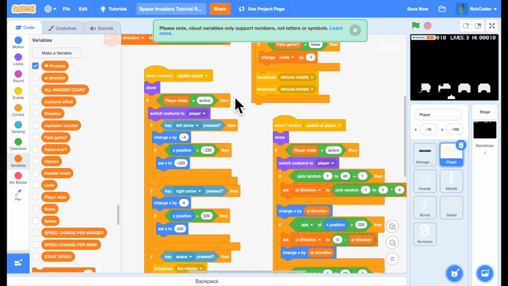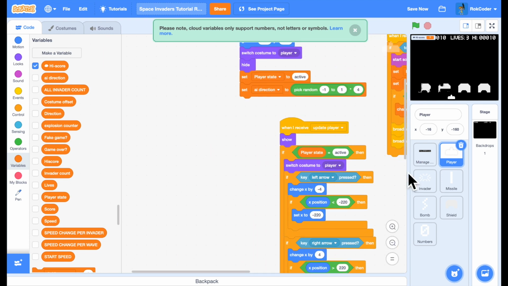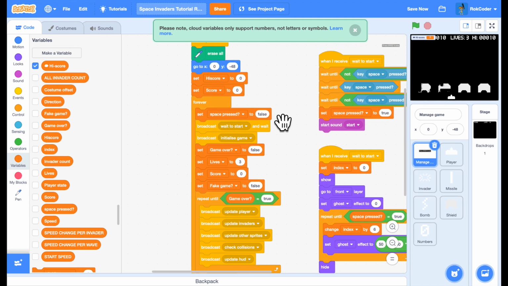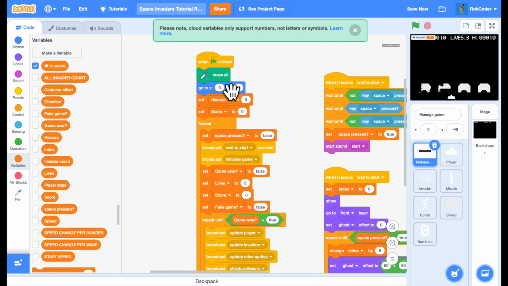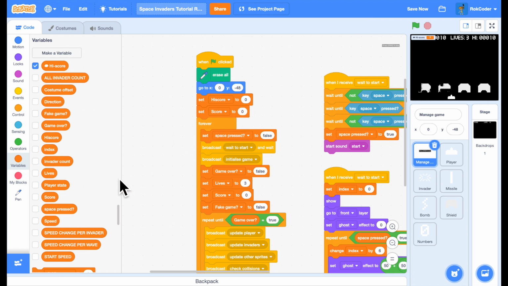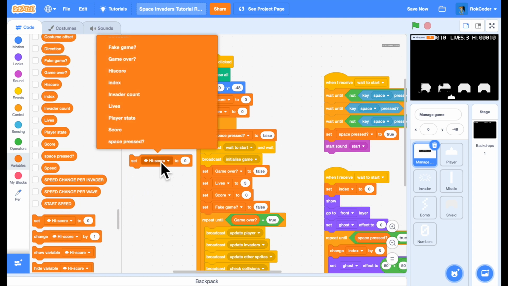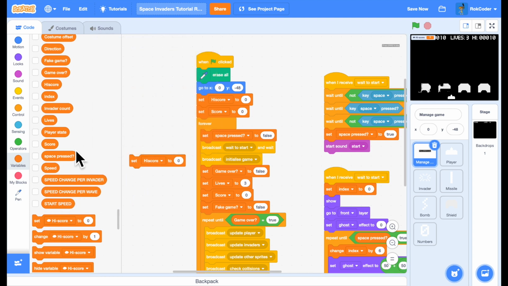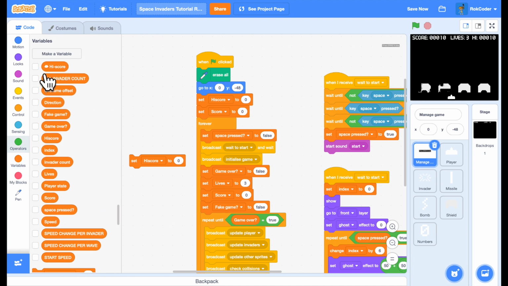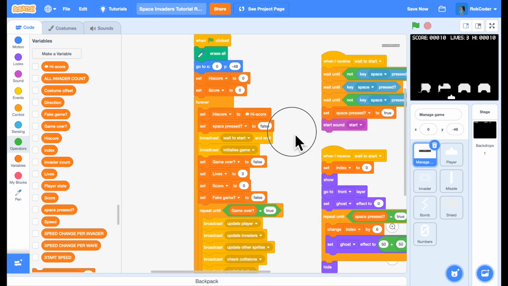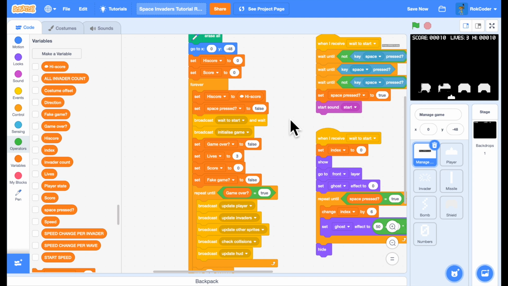At the beginning of this forever loop, sorry, I'm in the manage game code. At the beginning of this forever loop, in the green flag section, we're going to set high score to whatever the cloud high score is. We're going to do it here because the cloud high score could be changed by other people while you're playing, so we'll do it before it goes to the attractor mode. We'll set the high score,